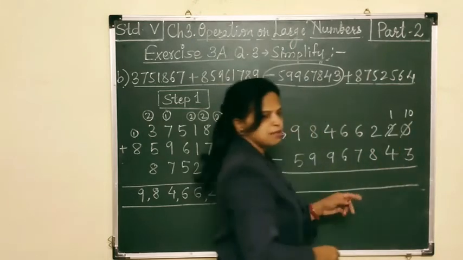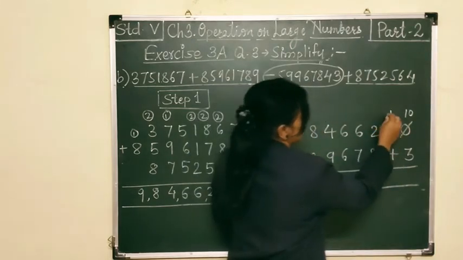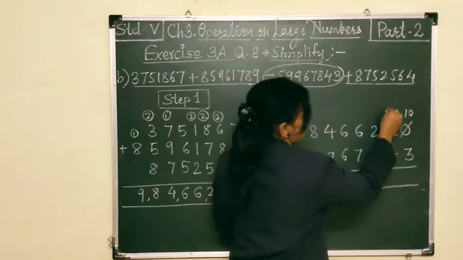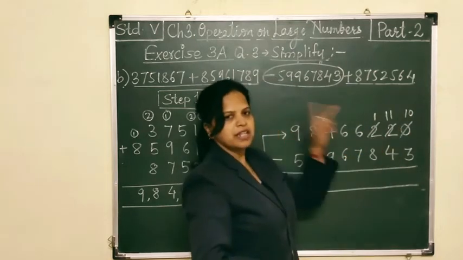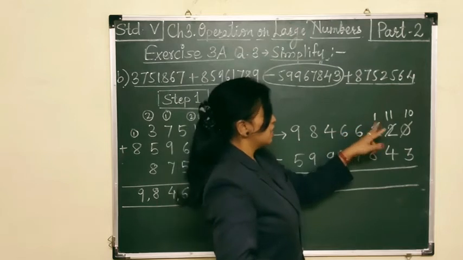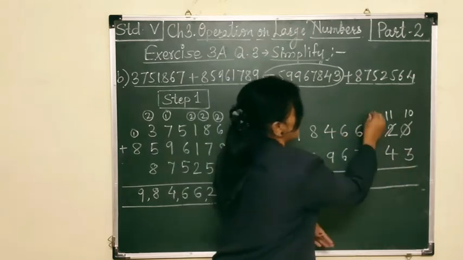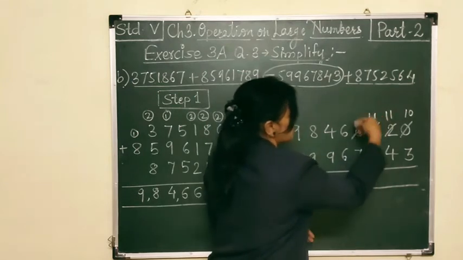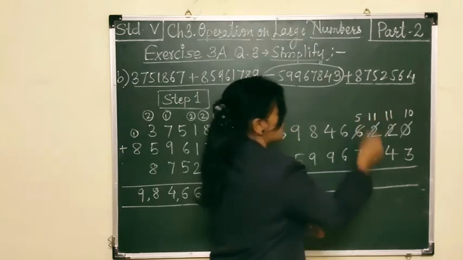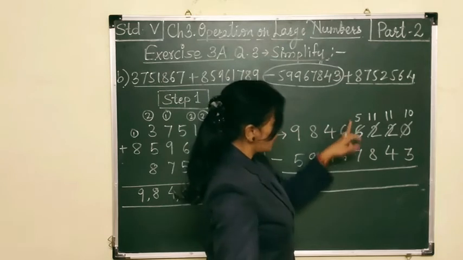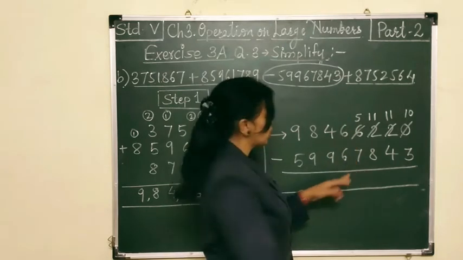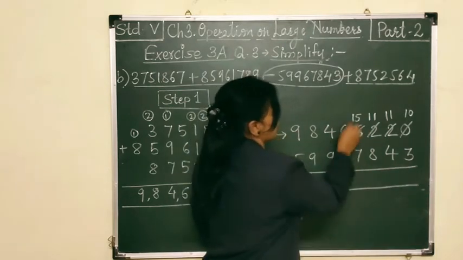2 will become less by 1, that is, it will become 1. From 1 we cannot subtract 4, so I will make it 11 here. And here again this 2 will become less by 1, that is 1. From 1 can we subtract 8? No, again borrow from this 6, 1. Okay, this 6 has given 1, so it will become less by 1, that is 5. From 5 can we subtract 7? No. So again borrow from this 6.